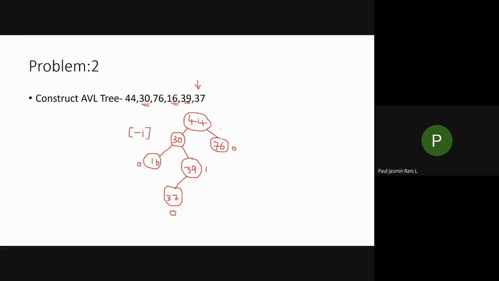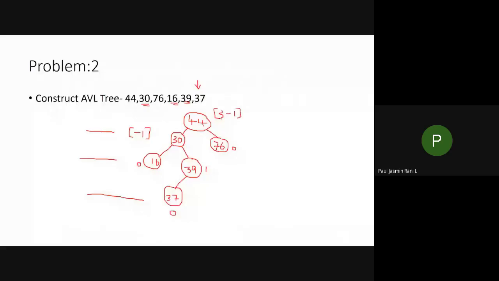So now you have to update the node 44. So what is the 44 balance factor? What is the level of the left subtree? 1, 2, 3. Am I correct? So the left subtree is 3 minus 1. So what is the answer of this one? Yes, correct. Answer is 2. So this is the alpha node. Why does this particular node become the alpha node? Because of inserting this node 37. Am I correct? So because of inserting the node 37, this becomes the alpha node.